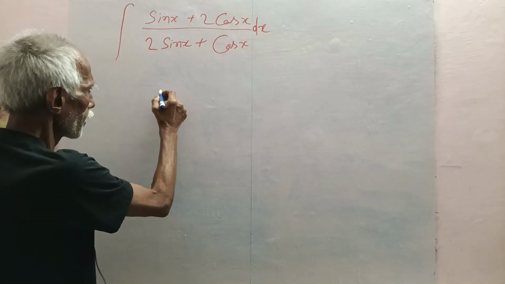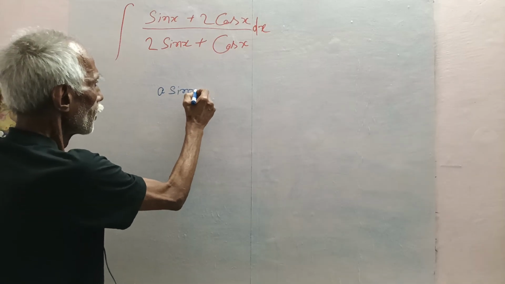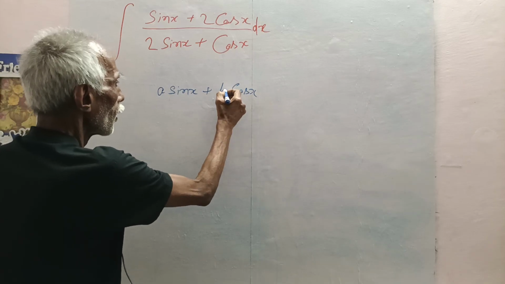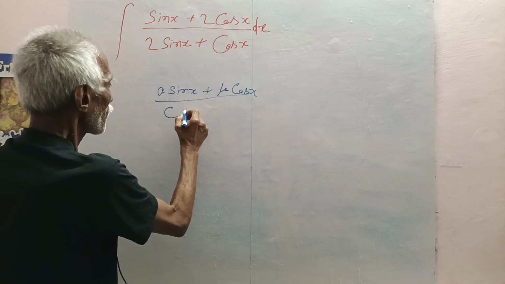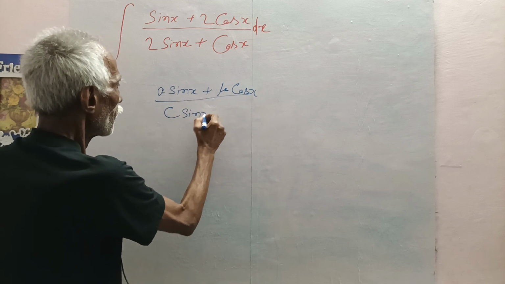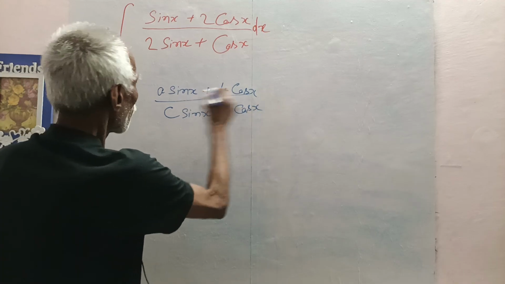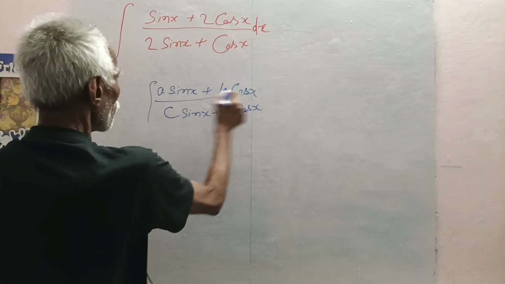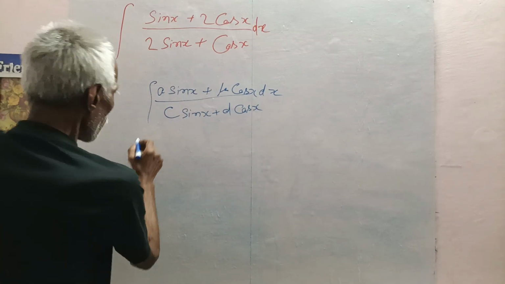If the sum is given in the form of a sin x plus b cos x by c sin x plus d cos x dx, then we write it as